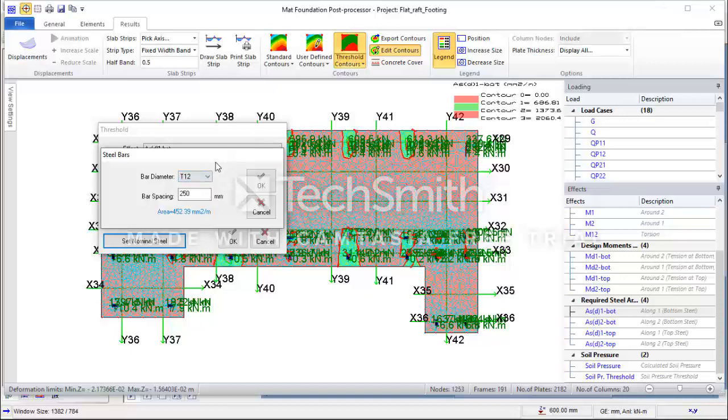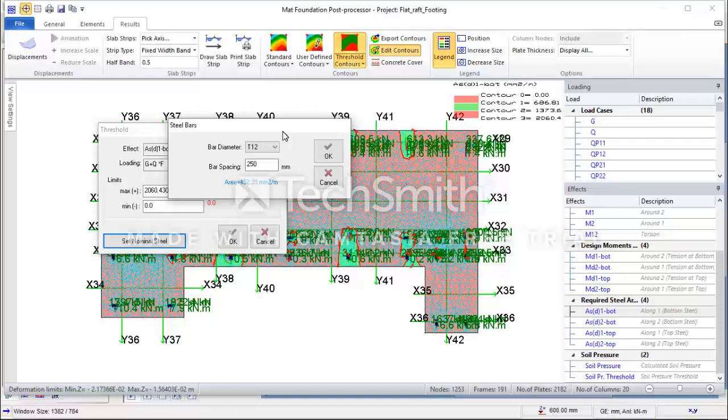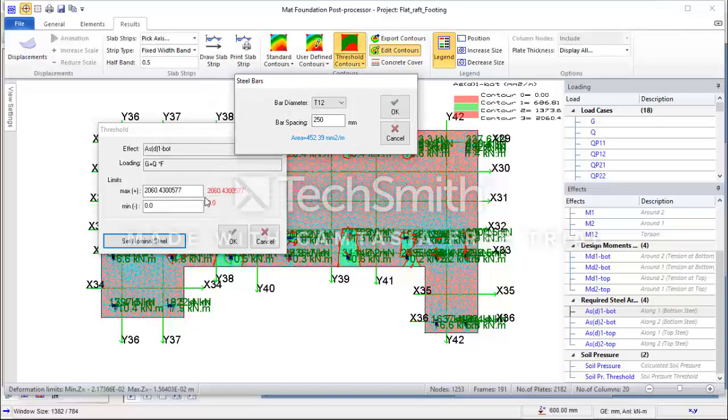This is a bug in Orion 18. I did set it earlier and now I cannot change the setting. This is actually not a problem, because what we are doing here is just checking the reinforcements. It's not that we are specifying the reinforcement for the strip. So you can see when I use 16 mm at 150, the reinforcement provided is 1340, which is less than this. I need 20 mm reinforcement, say at 150, to get a reinforcement value greater than this.